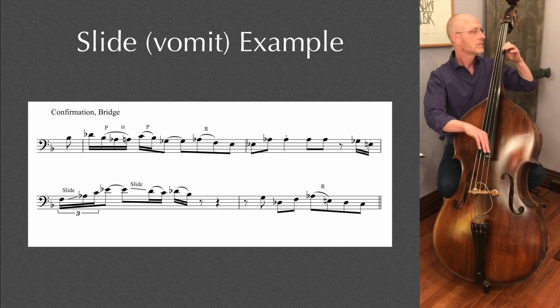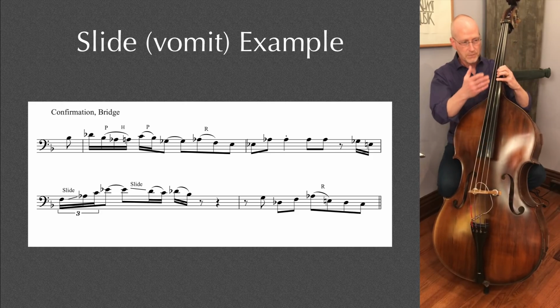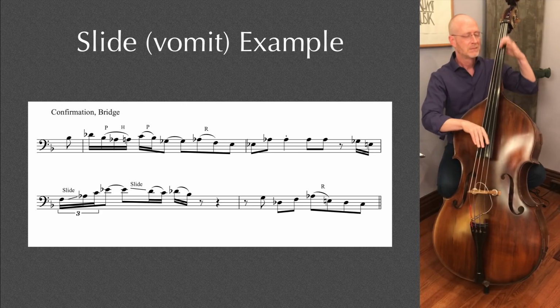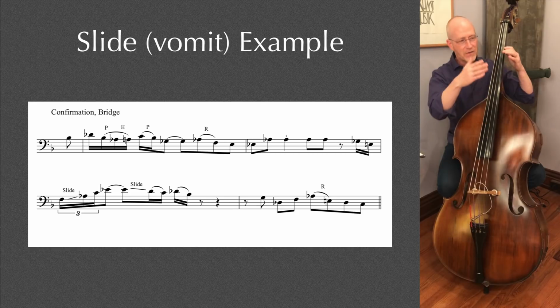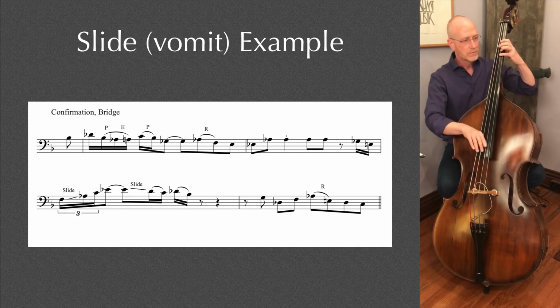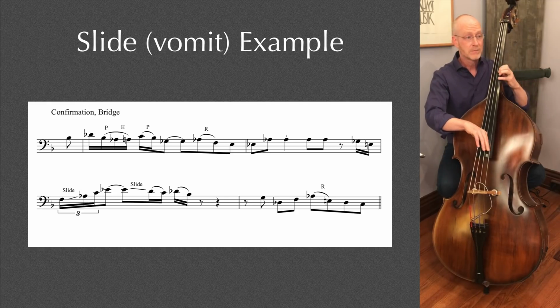But the second half of it uses two slides to connect that passage together in a way that would be really, really difficult to do any other way. And it's that second part. So that part's easy enough. It's a hammer-on. Slide up to the A flat, slide down to the D, pull off,